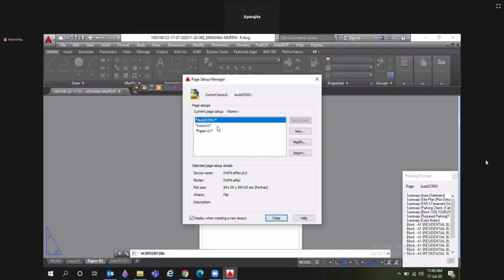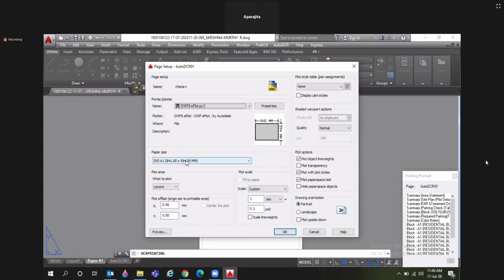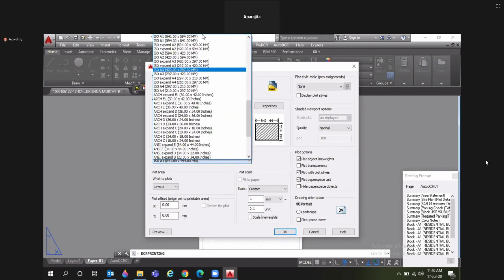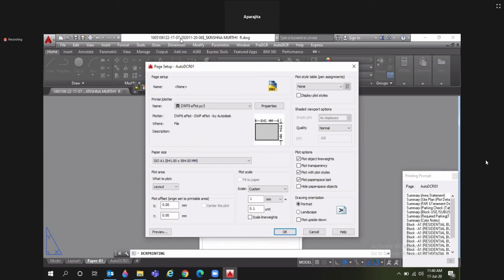Then modify your paper setup according to your drawing size. So click on modify to modify page setup. Select your paper size, plot style table, select monochrome, check units, and check drawing orientation.